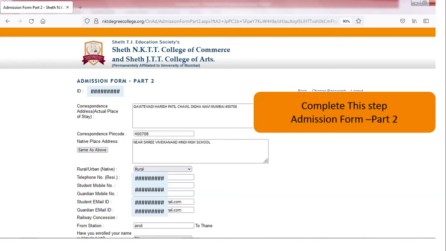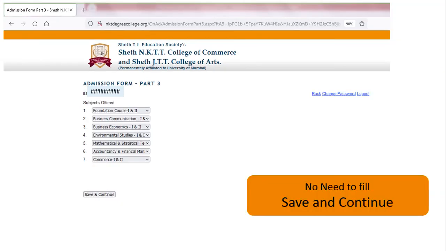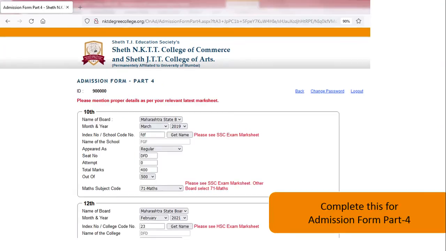the admission form Part 2. Fill all the necessary information and proceed, and save and continue. In admission Part 3, we get the subject-wise details. Here we are not going to do anything, we just save and continue.